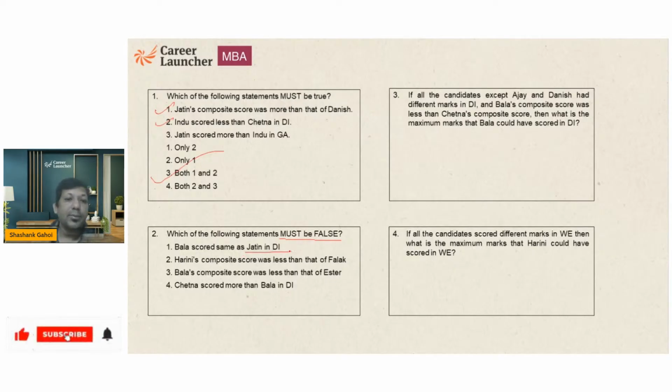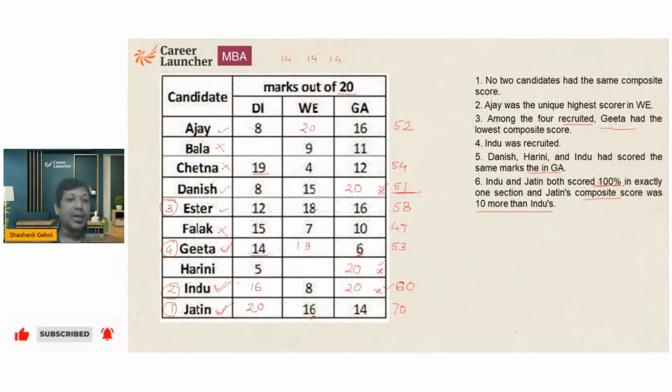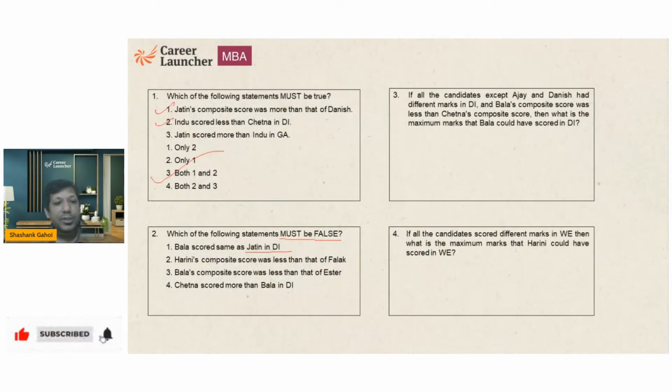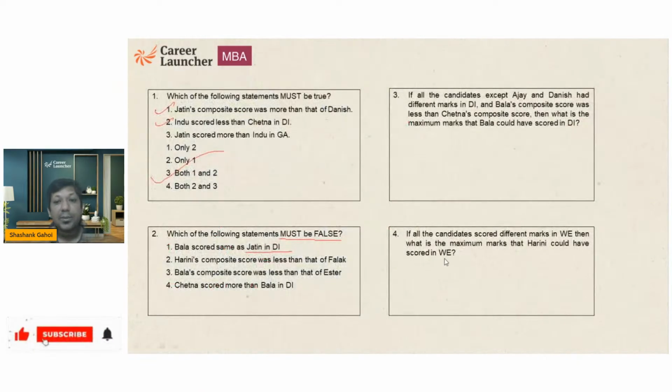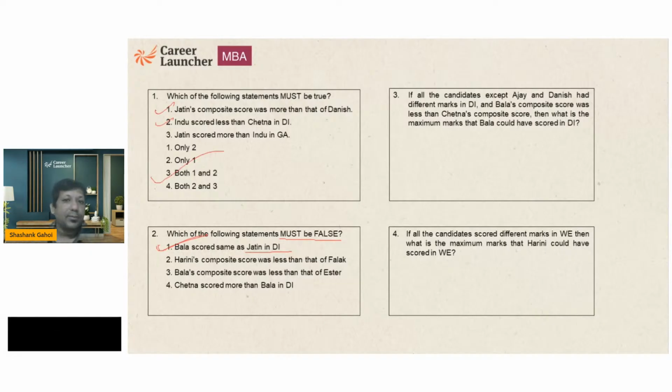Now which of the following statement must be false? Bala scored same as Jatin in DI। बाला और जतिन का स्कोर सेम है डीआई में, मस्ट बी फॉल्स। अब मस्ट बी फॉल्स का मतलब यहाँ पे एक बार देख लेते हैं। लेट्स से बाला इज हैविंग 20, so 22 is 40, 40 plus 11 plus 9, बाला का स्कोर 60 हो जाएगा। दैट इज नॉट पॉसिबल बिकॉज इंदू हैज अ कंपोजिट स्कोर ऑफ 60। सो बाला का स्कोर जतिन के बराबर डीआई में नहीं हो सकता। दिस स्टेटमेंट इज डेफिनेटली फॉल्स। आंसर ऑफ दिस क्वेश्चन इज गोइंग टू बी ऑप्शन 2।